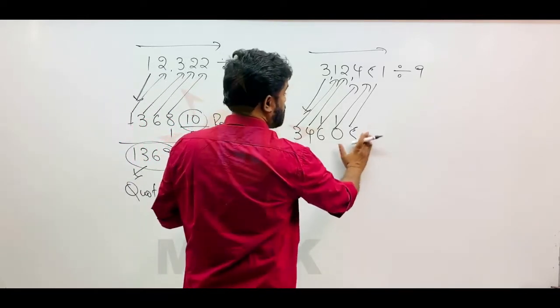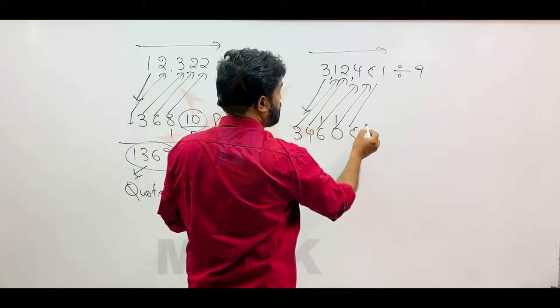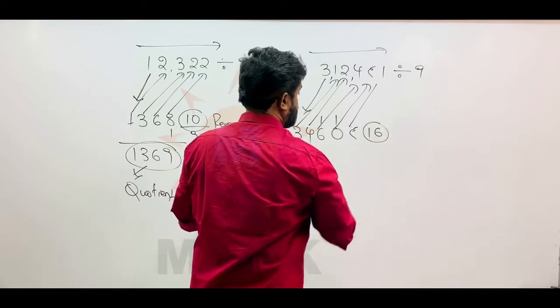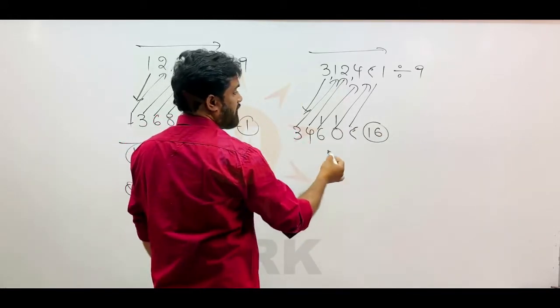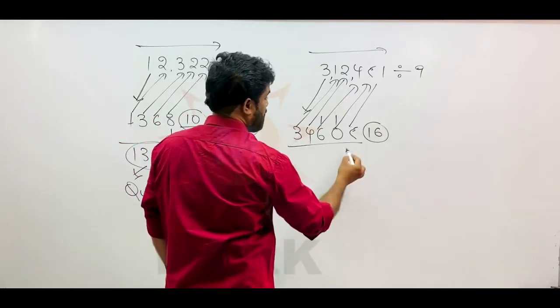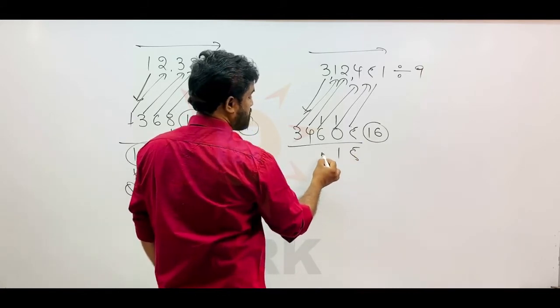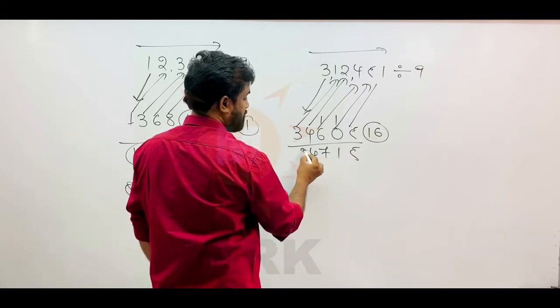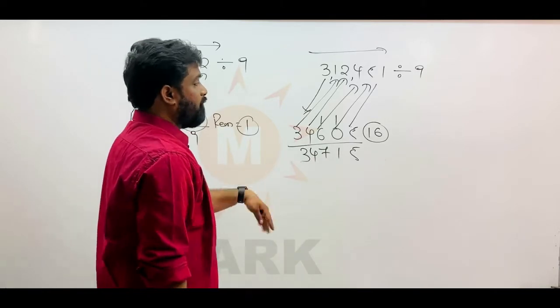Okay, not 5 plus 1, sorry, 15 plus 1. 15 plus 1 will give 16. So now clearly I am writing the quotient part, afterwards we will do it here. So clearly when I am adding up this is 5, 1, 7, 4, 13. Okay, now what you have to do?